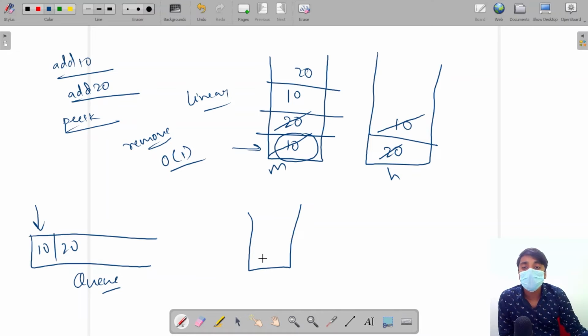For example, if we add 20 after 10, it saves the value 10 at the top, and the 10 will be the topmost value of the main stack. So if we want the peek value, we can get the peek value in O(1) time. So how will we do this? We will use our helper stack. Let's see.